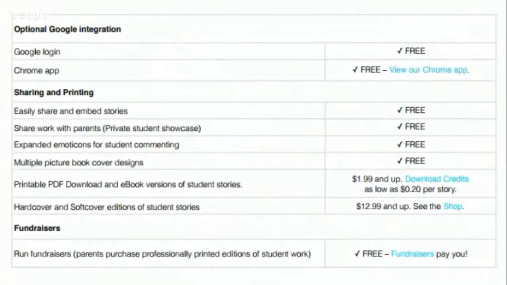There is optional Google integration, which we all use Gmail accounts, so that's great. You can use a Google login, a Chrome app, and this is the next section, the sharing and printing. This is the section where there could be fees, but it's completely optional. If you can see the part that